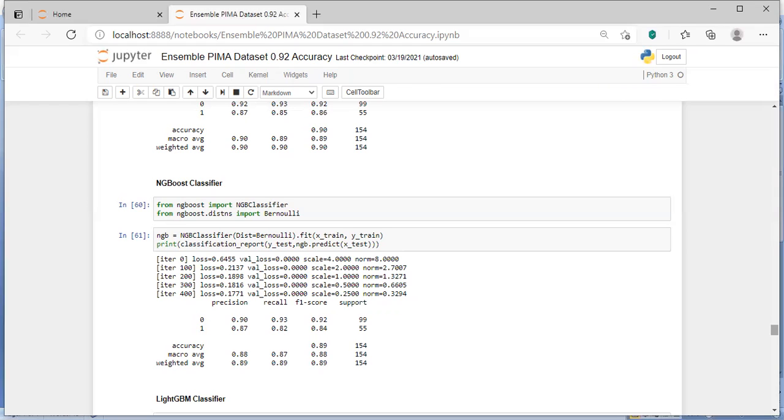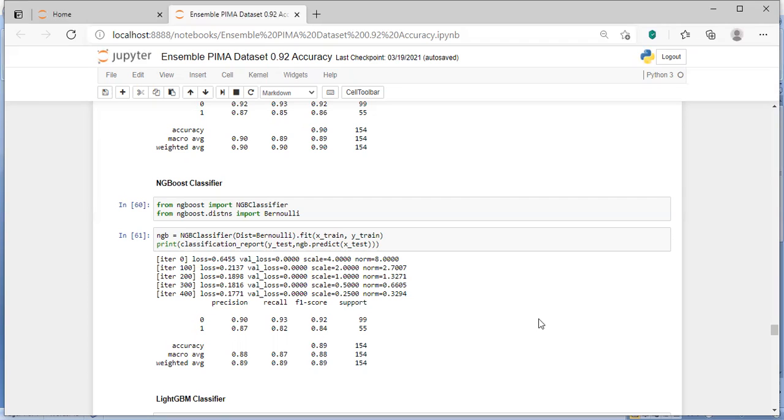You are instantiating it with the Bernoulli distribution, feeding the values of x_train and y_train, then printing the classification report, and it will show the accuracy. It is slightly lesser than the accuracy achieved by XGBoost. So that's why, within quotes, I should say this extreme gradient boosting is still ruling the market.